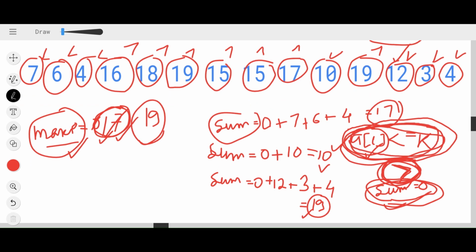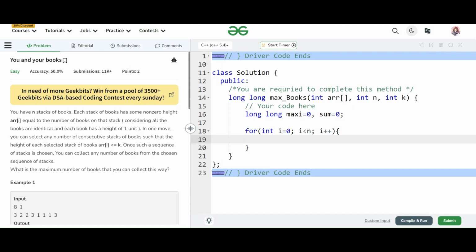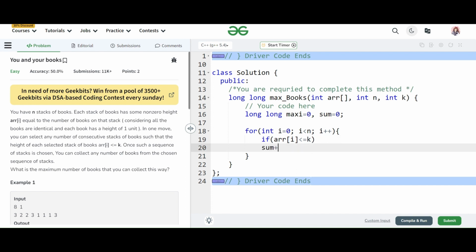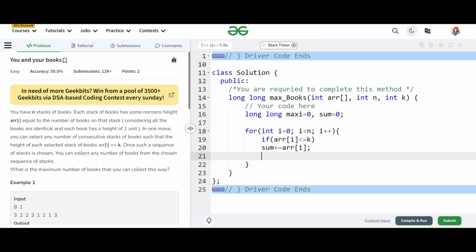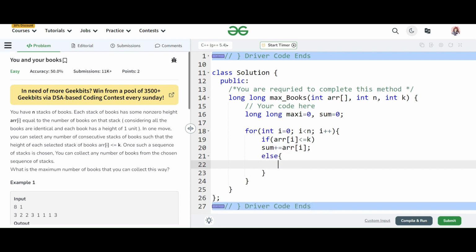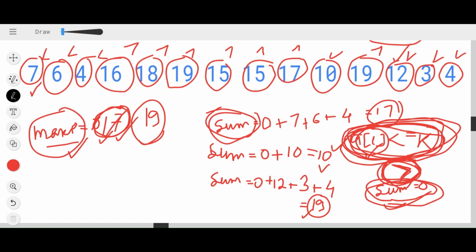The moment my element at index I is less than equals to k, I was simply adding the element into our sum. So if my element at index I is less than equals to k, I will sum up the element.